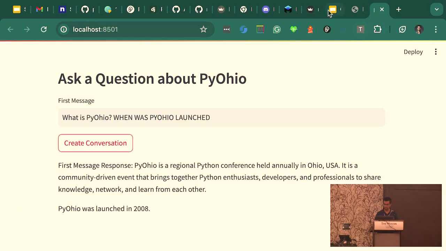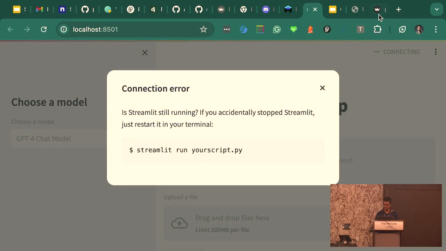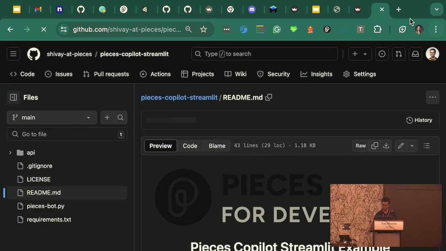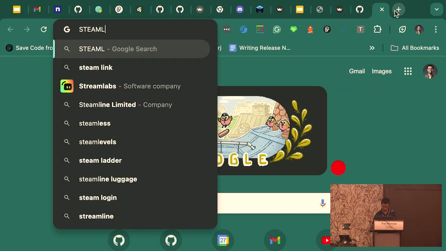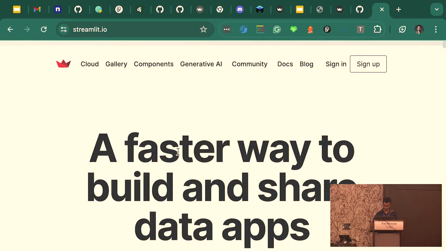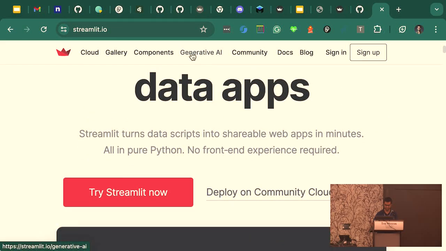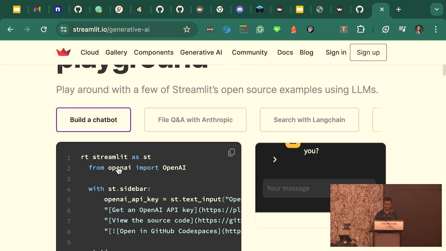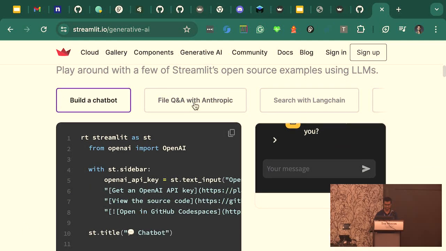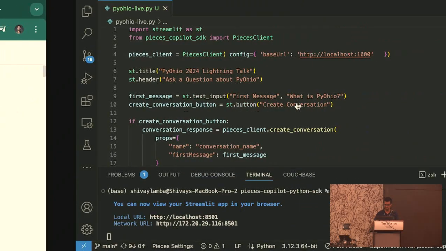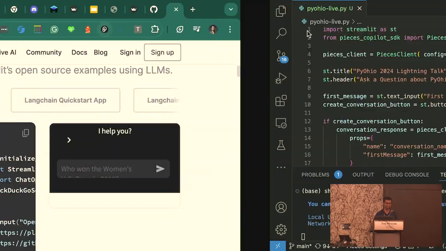Now, of course, if you go to the examples that are provided from Streamlit, I think they have a lot of different examples. If you go to the Streamlit IO application, they have a bunch of examples specifically for generative AI, where you can build a lot of different example codes that you might have. You can see that you can build a chatbot, you can integrate LangChain and other apps. But yeah,